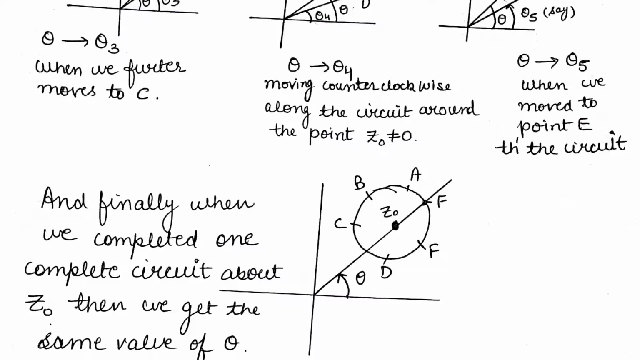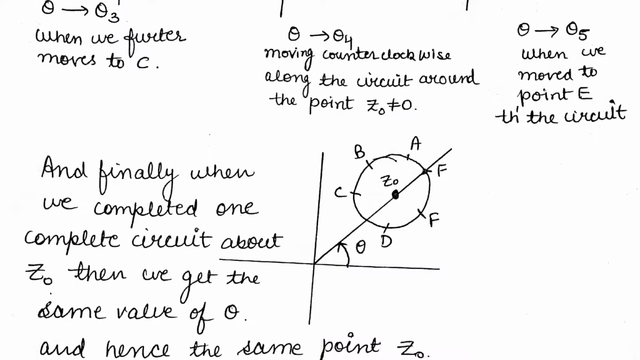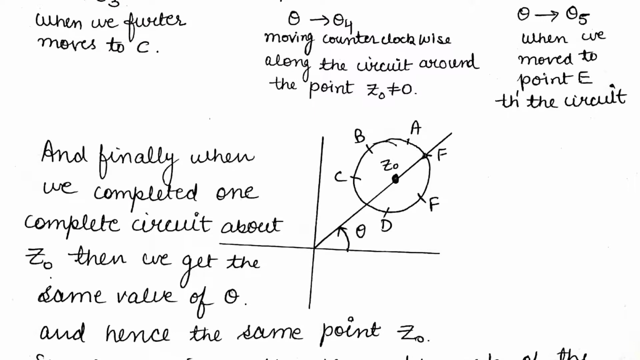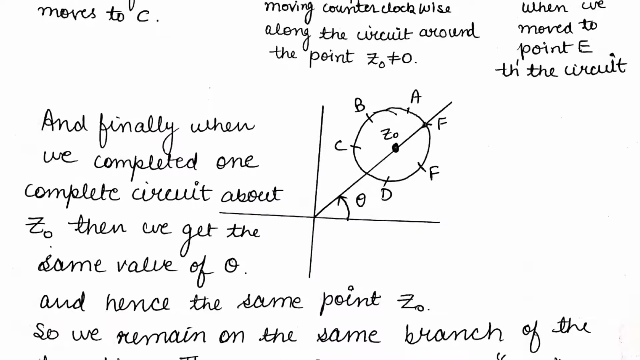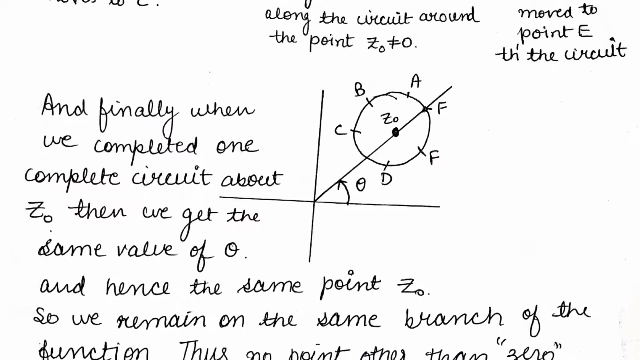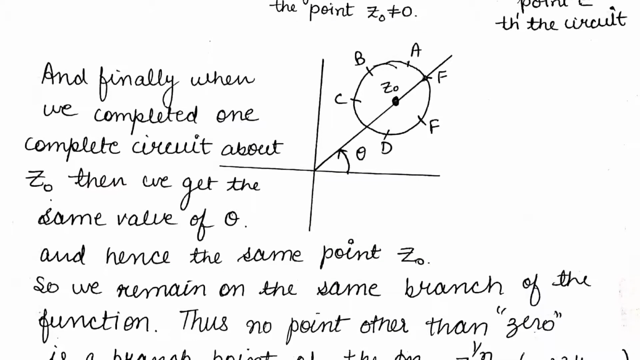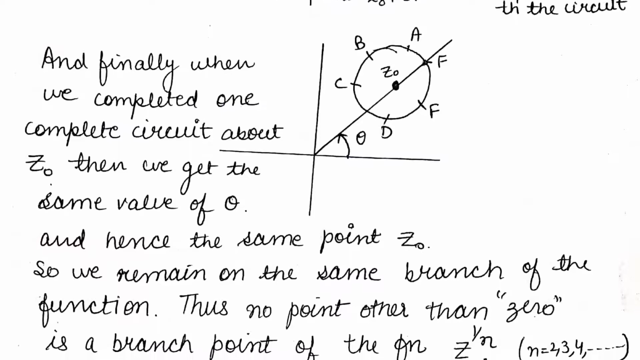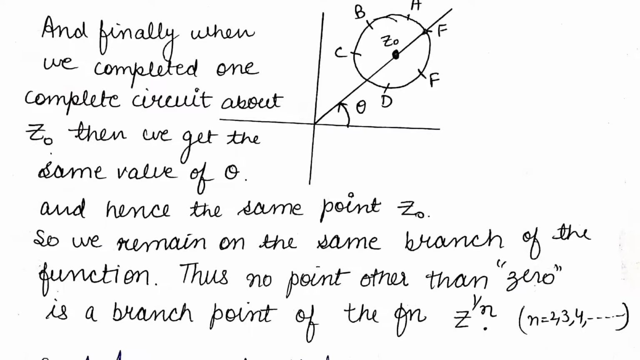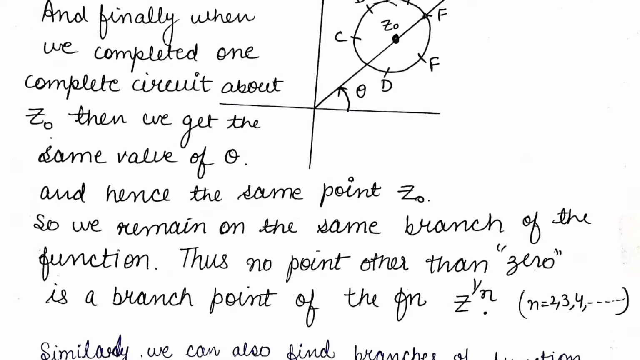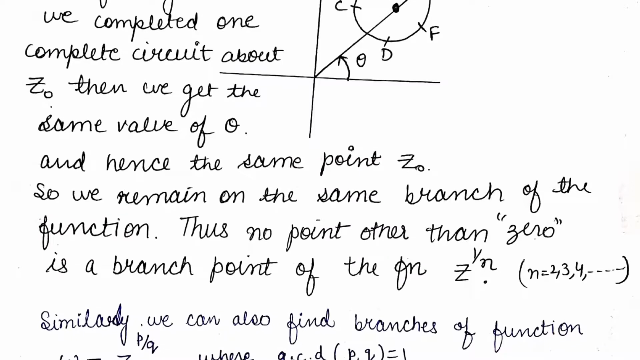But when you completed the one circuit and again reached the point F, then theta takes the same value. That is, theta 5 becomes theta only. So it means that there is no change in the argument of theta when you start from the point F to make a complete circuit about Z0. After completing the circuit, you remain with the same value of theta. So you are on the same point and on the same branch because there is no change in the argument